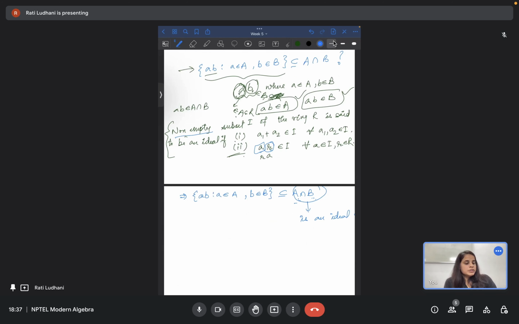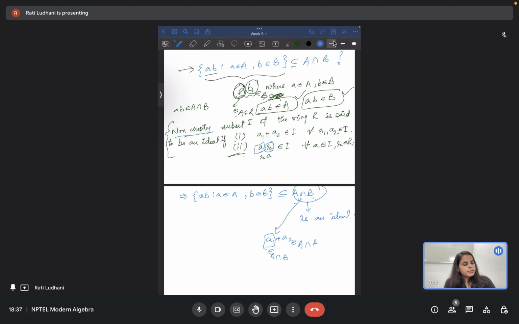So in A intersection B, 0 belongs to I, so this is non-empty. Second thing, if you take the sum, A1 plus A2, both in A intersection B,